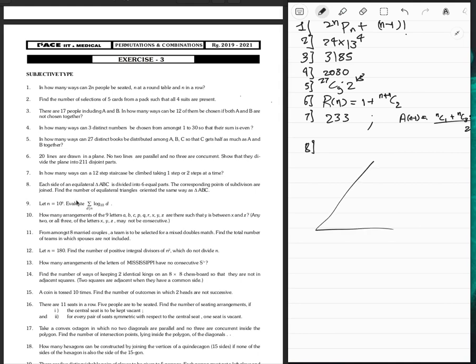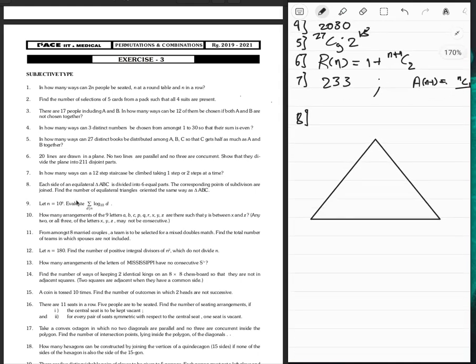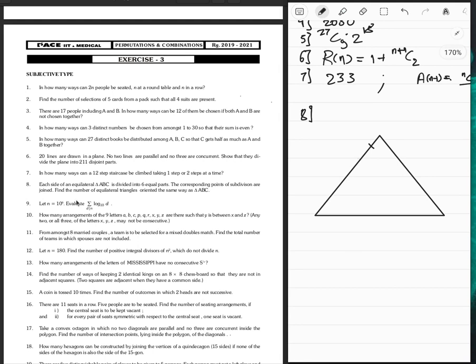So first we should just draw this, because who knows. And then you have to divide it. Actually, let's not start with 6 equal parts. Let's start with something easier to handle. Let's just say 3 parts. Okay, then they are saying the corresponding points of subdivision are joined. So this will be joined with this, which will be joined with this. So that's one equilateral triangle, and then